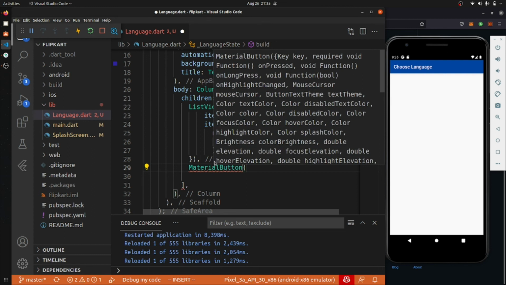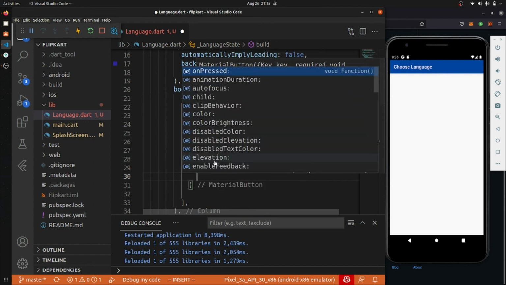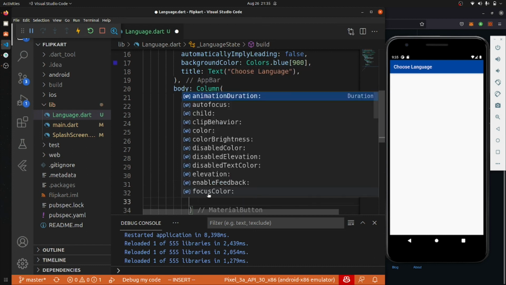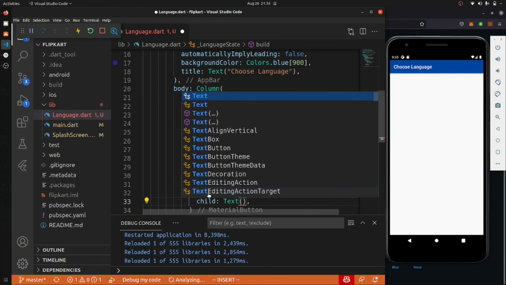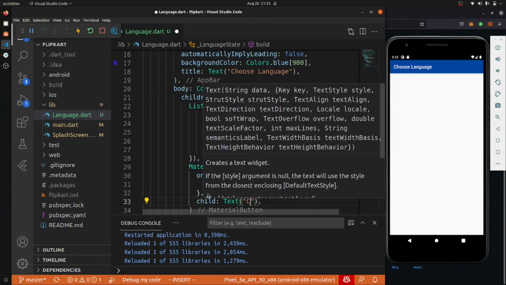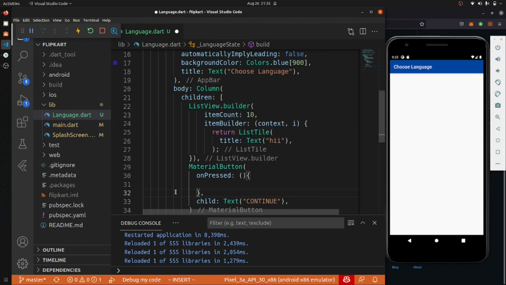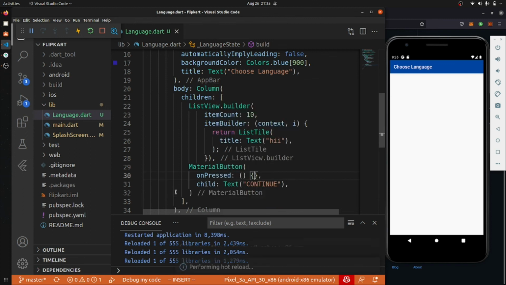Inside this MaterialButton, onPressed you are doing nothing, and after that the child will be a text saying continue. At this point I save this and just see the result.